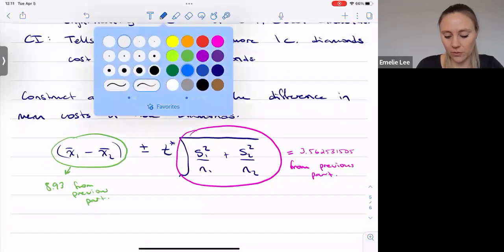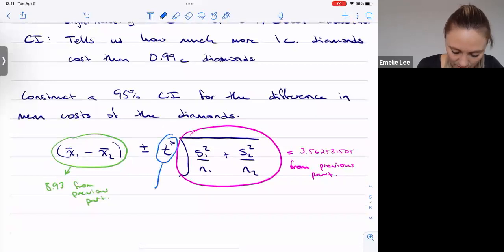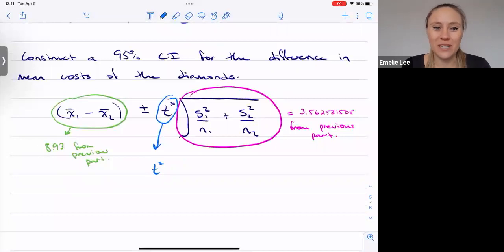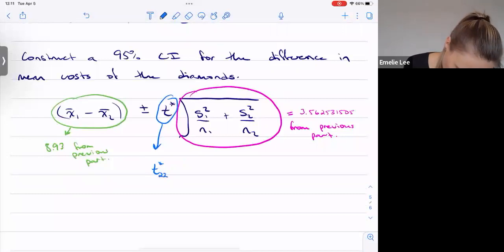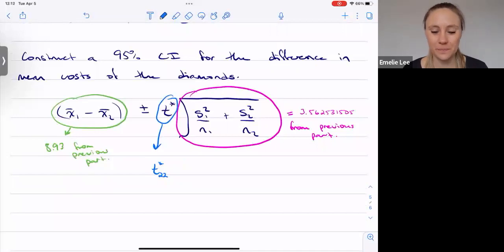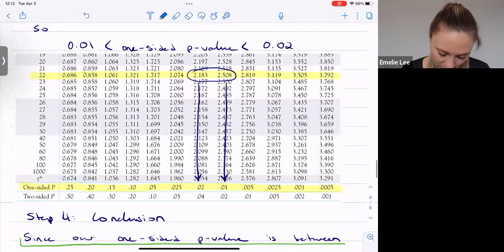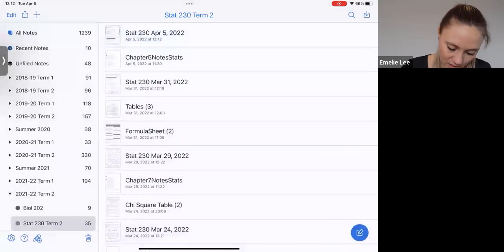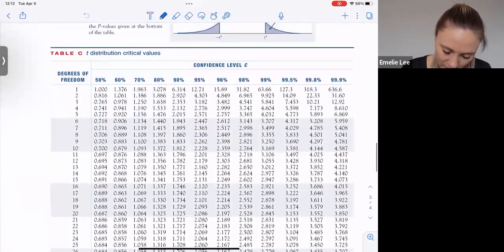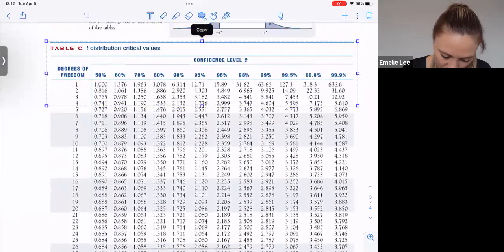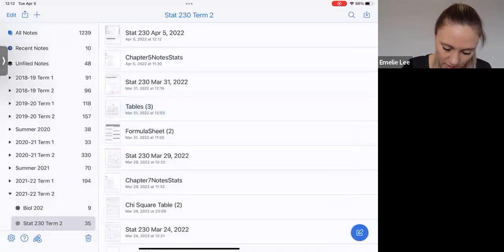So the only thing that we don't know here is this T star. T star, that's not a very nice T. T star, and then what I'm going to do is put the little degrees of freedom here, 22 degrees of freedom. And what I can do is go to the table, right? And I'm gonna grab,